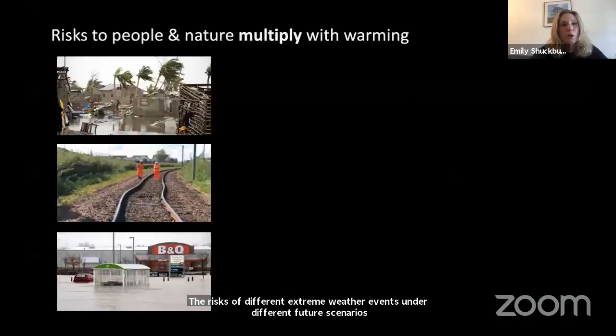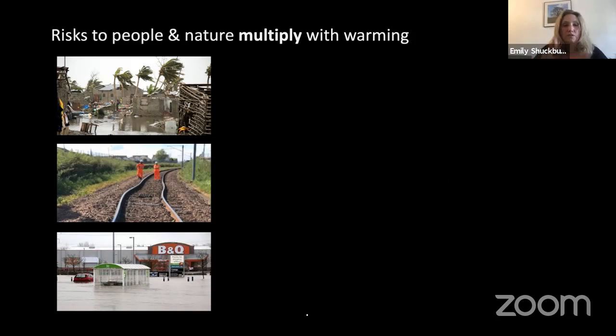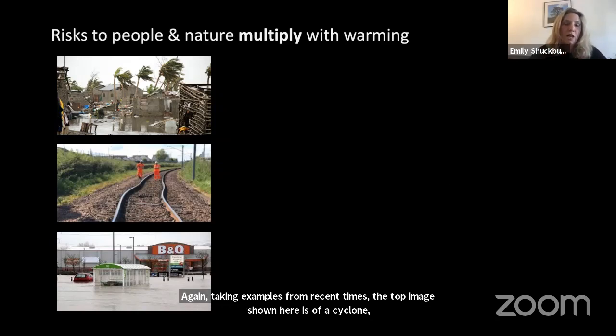So climate change poses risks both to humans, but also to the natural world. And I've just got a few examples. First of all, looking at the risks to humans, and again, taking examples from recent times. The very top image that's shown here is of a cyclone that tore through southern Africa. This is showing an island off the coast of Mozambique that was devastated by that